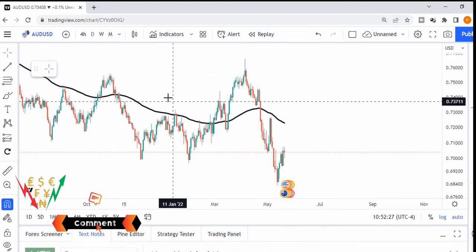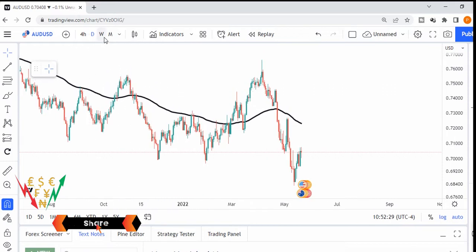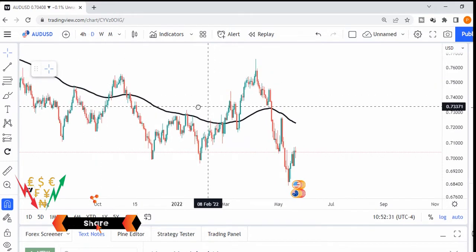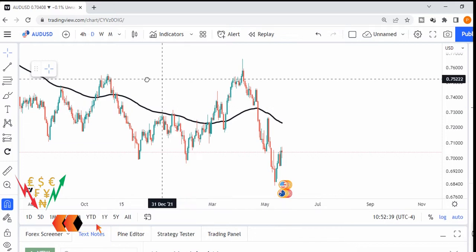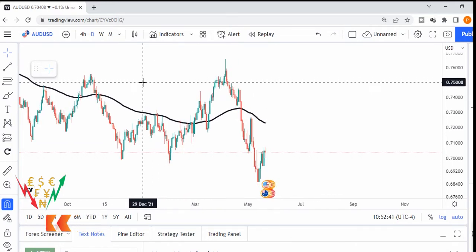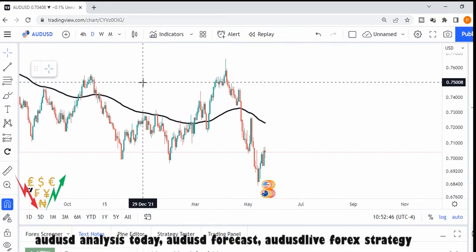Okay, guys, so we're on the daily chart here of the AUDUSD, and in this particular analysis video we are going to share an in-depth analysis of the Australian dollar, US dollar, right, the AUDUSD. We're going to look at the pair sentimentally, we're going to do a fundamental analysis and then a technical analysis, so stick by as we continue, guys.